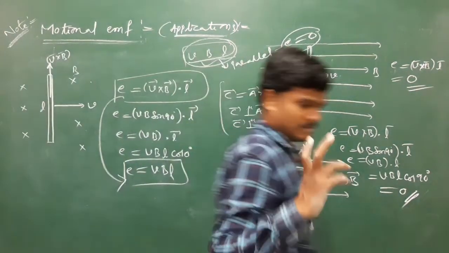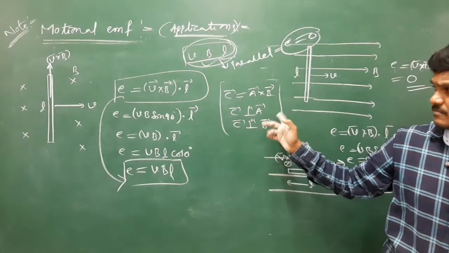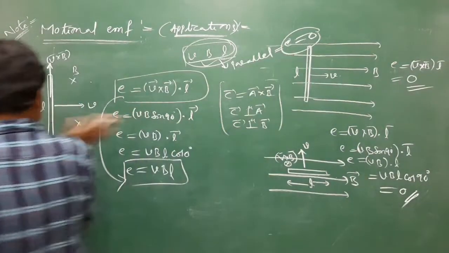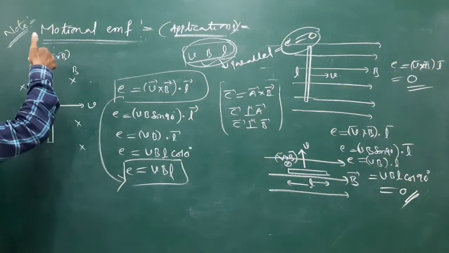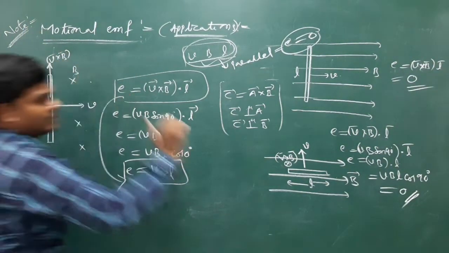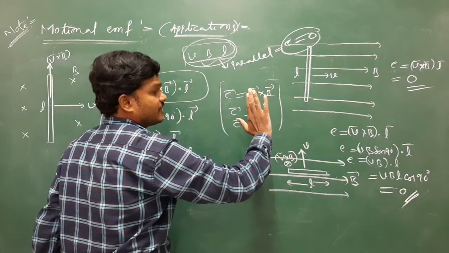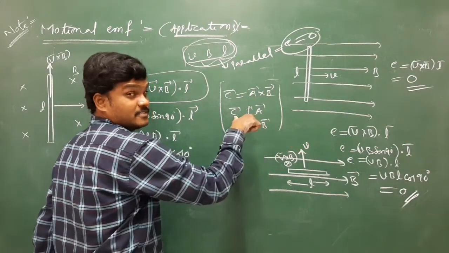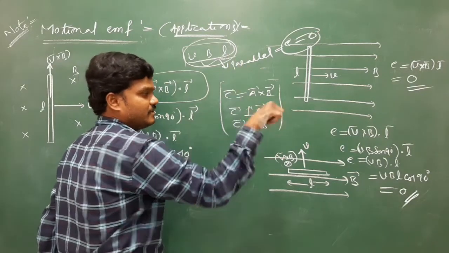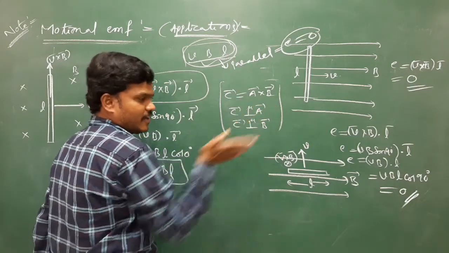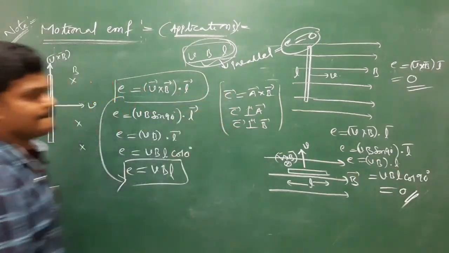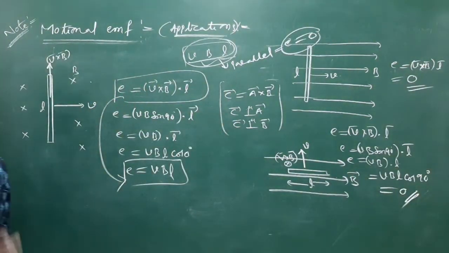I hope that you remember this cross product rule in vectors. I am using cross product, V cross B. Here, V, B, thumb shows upward, which means that is V cross B. V is up and the field is this side, so thumb is inside. V cross B is inside, and length is parallel. So the angle between these two is 90. Practice a number of times. Let me give one more question.